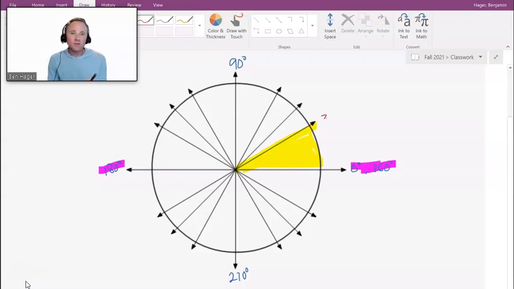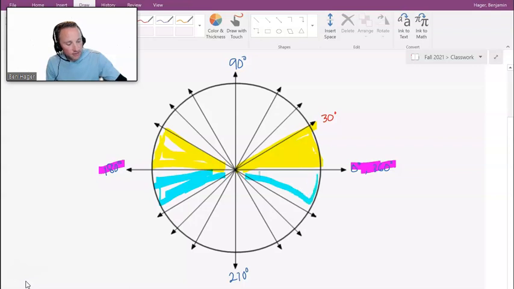And if you look around the circle, there are other small slices of pizza here, right? Here I've got a small slice. Here I've got a small slice. And here I've got a small slice. And they're all related to one another because they are all 30 degrees off of the x-axis, right? I mean, if you take a look, from the x-axis, you either go up 30 degrees or down 30 degrees to get to these angles. Up 30 or down 30.